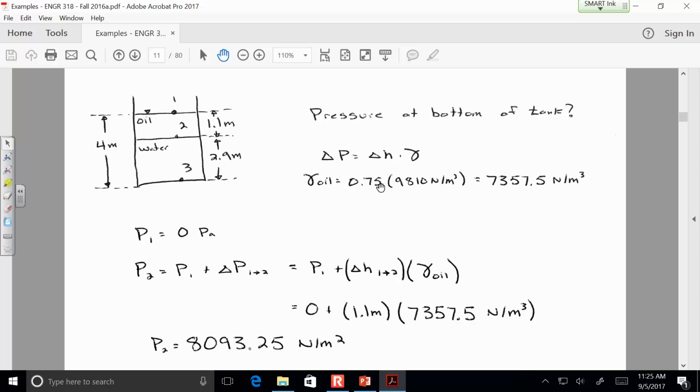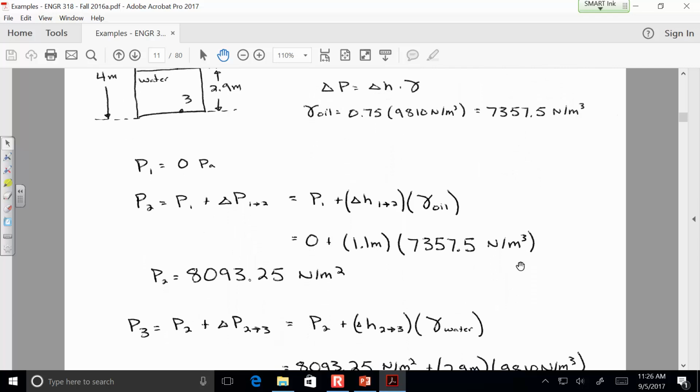Now, we're given the specific gravity of the oil. And what you need is the specific weight, or the unit weight of the oil. So to know the gamma of oil in terms of newtons per cubic meter, you have to multiply that Sg by the gamma of water, because Sg is the ratio of your unit weight or your density relative to that of water. And so that's why we've multiplied those 2 factors together to get the gamma of oil. So the pressure at 2 should be about 8,000 pascals,